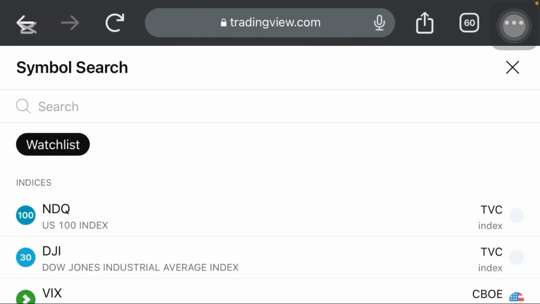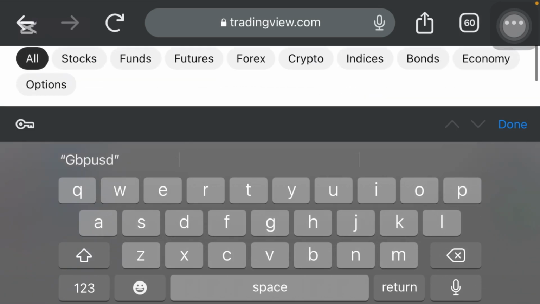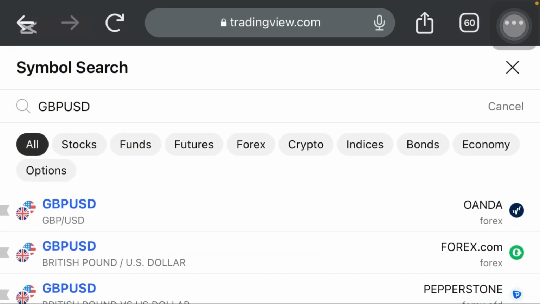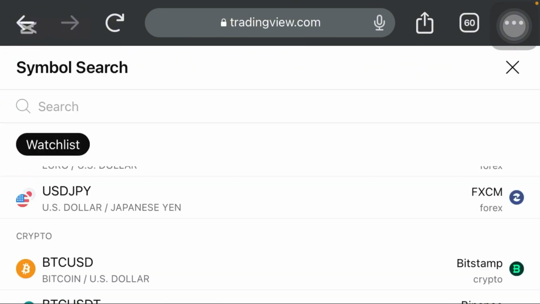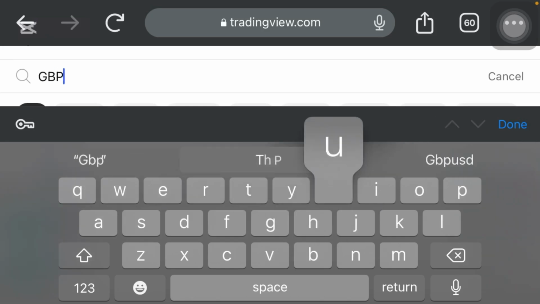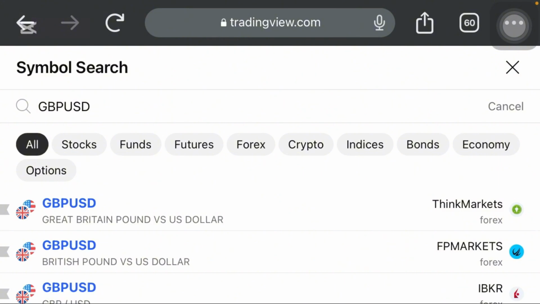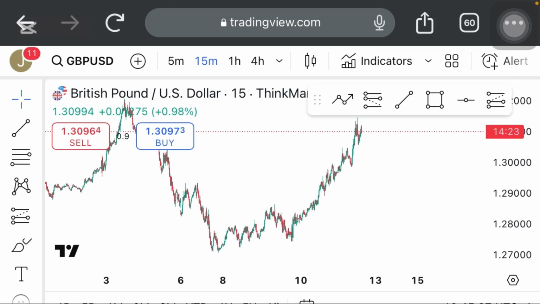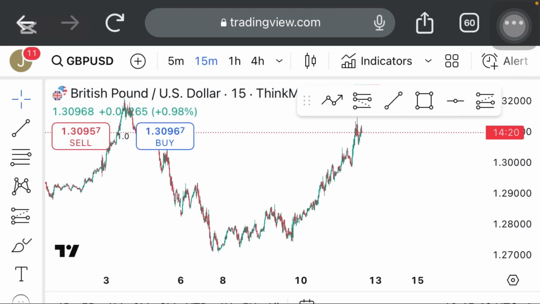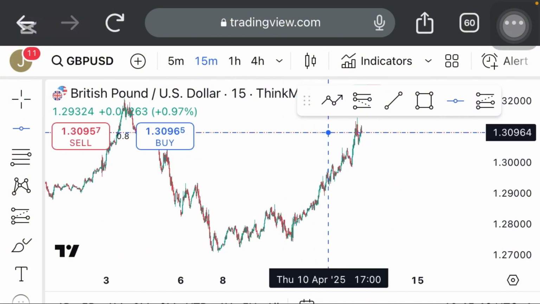about psychological level. Now let's go to a new chart, which is GBP USD. Let me go to a clean chart, a new chart entirely. Let me type it again, GBP USD. So this is a clean chart now. For you to plot psychological level, you have to come to this line here. Then this horizontal line, you press it and you go to the current market price. The current market price is